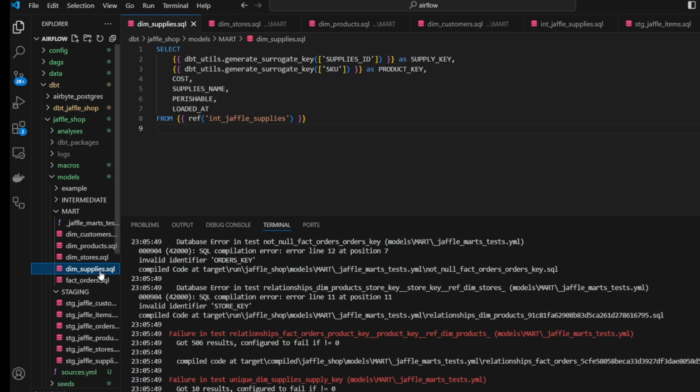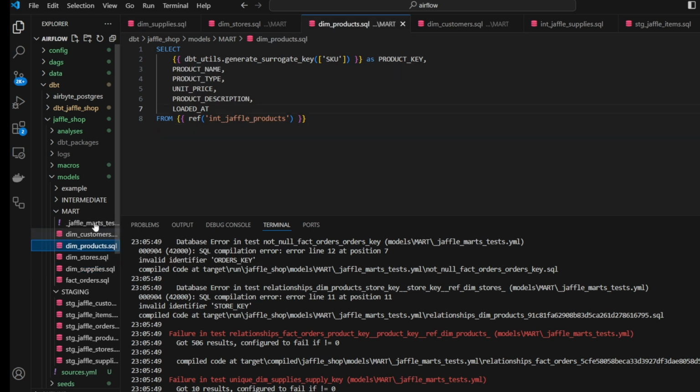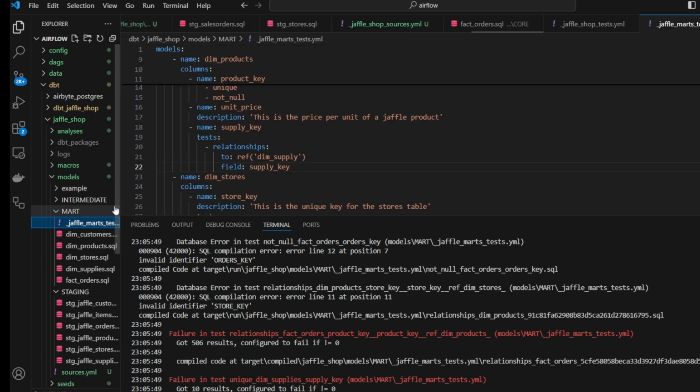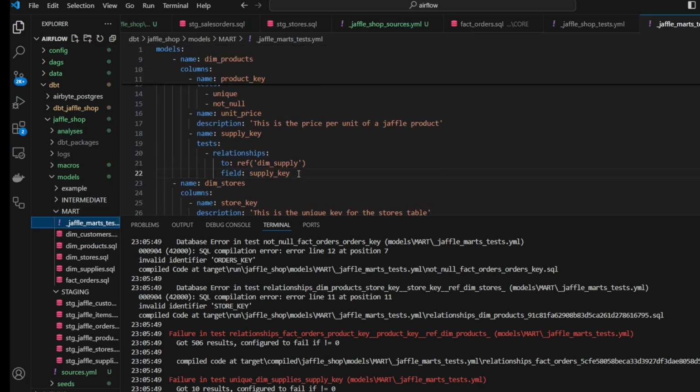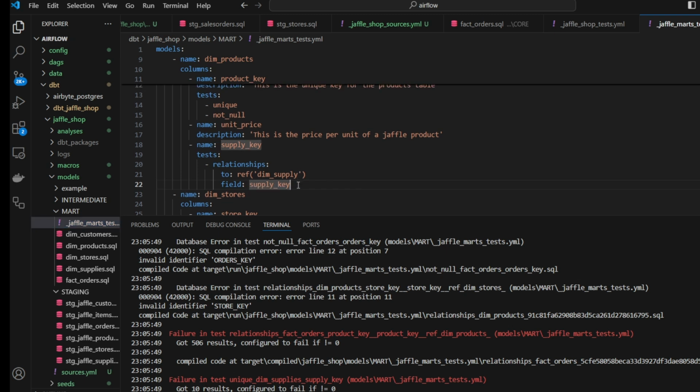So product key is a foreign key in the supplies table, right? But it's a primary key in the product table. So I'm going to reference it from the supplies table, product key. So I'm going to remove this from here,